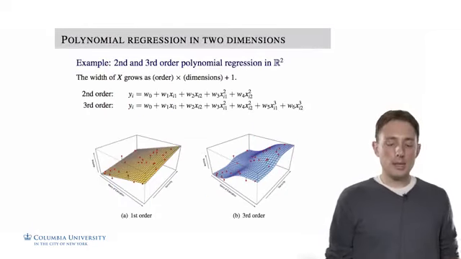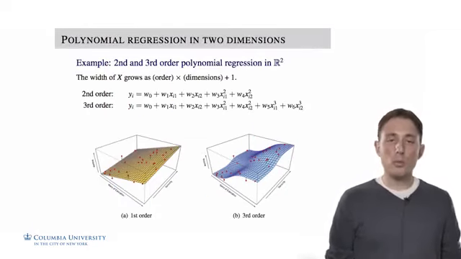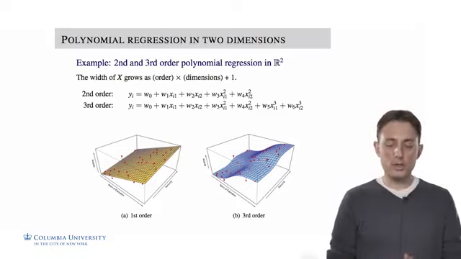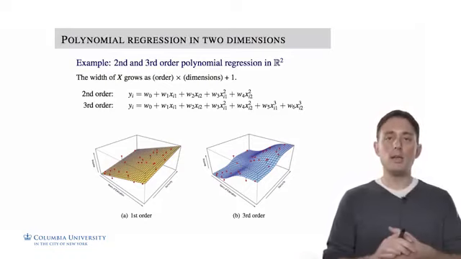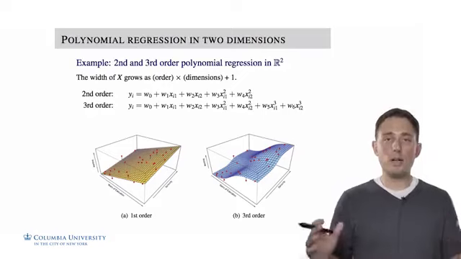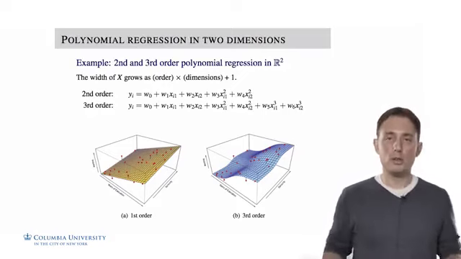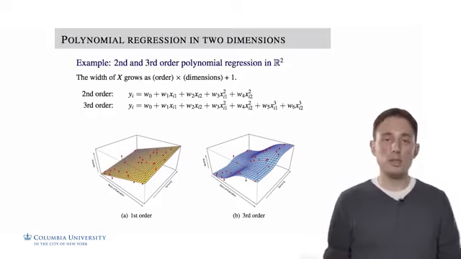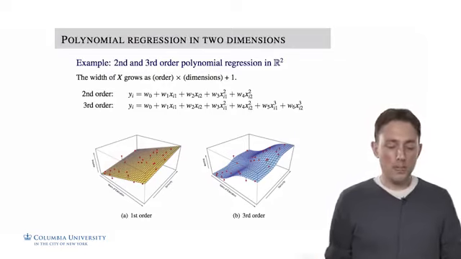Okay, so we've been discussing polynomial regression in one dimension. Let's just extend this to 2 dimensions to see the logic of going to higher dimensions, and hopefully after 2 dimensions it's straightforward how you would do this in n dimensions or d dimensions. So, for example, if we wanted to do a second-order polynomial